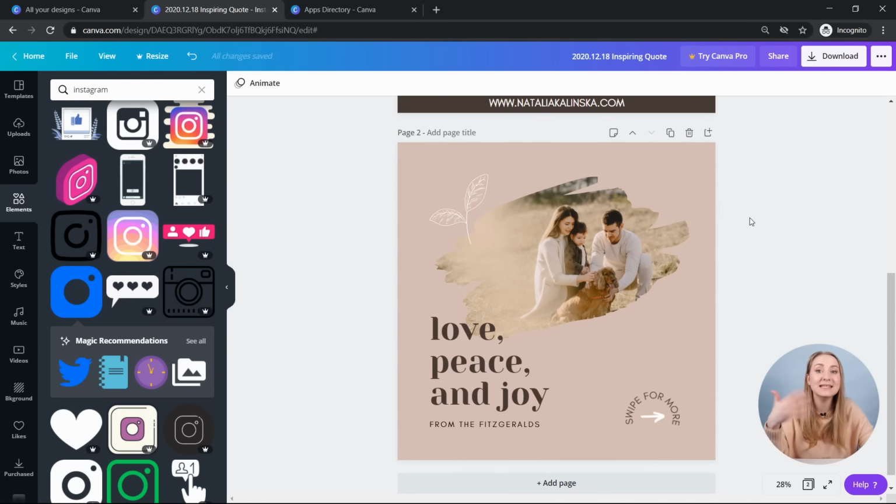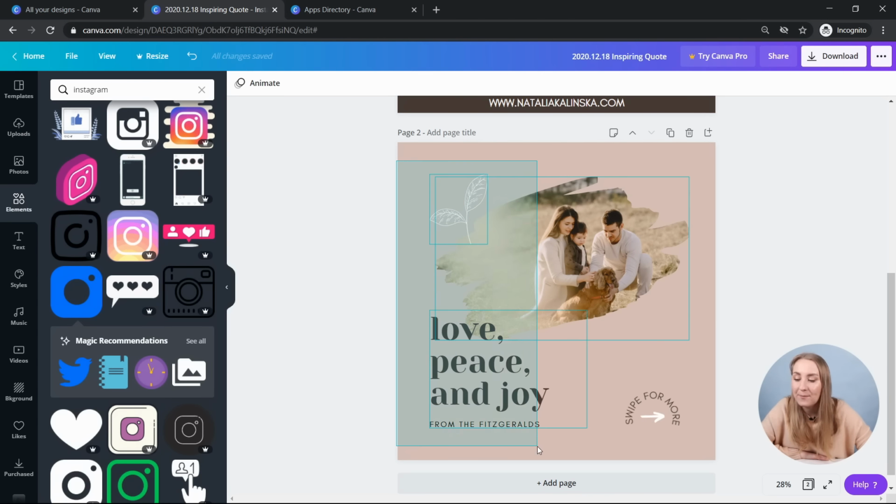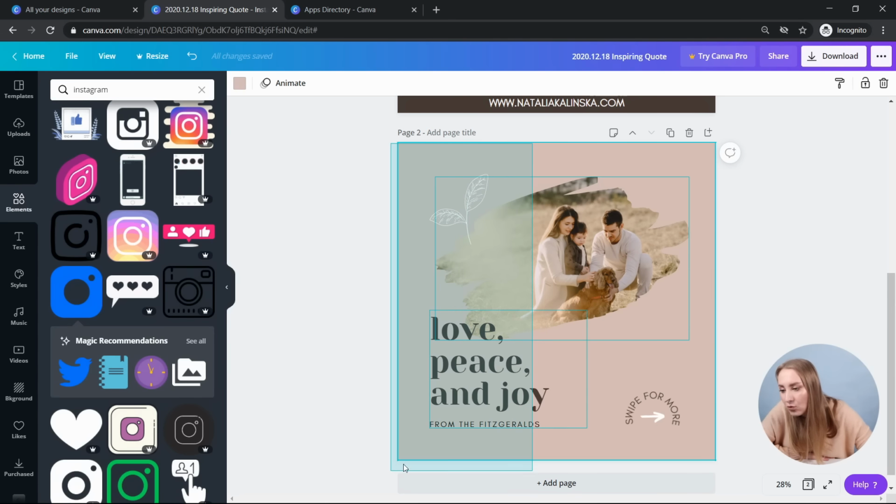So let's go back to this design, for example, right? So I've got this, right? And if I want to select these things, but I don't want that to select, it'll be quite tough. I can do it in here, but if you don't want to select the whole thing, you can click on that one, lock it in position, and as you can see, if you move it, you won't be able to select it.